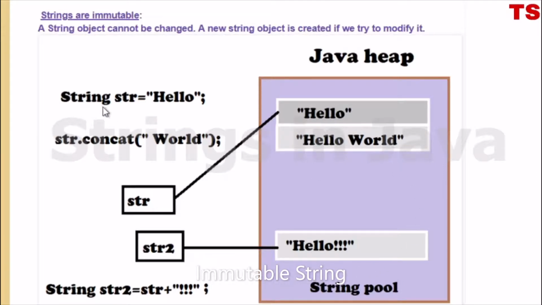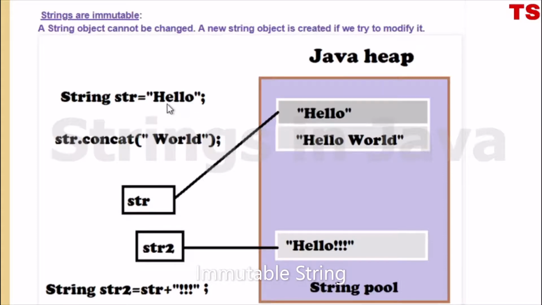The statement string str equals hello creates a string literal hello and stores it on the string pool, and the reference variable str points to this newly created string hello. The statement str.concat world